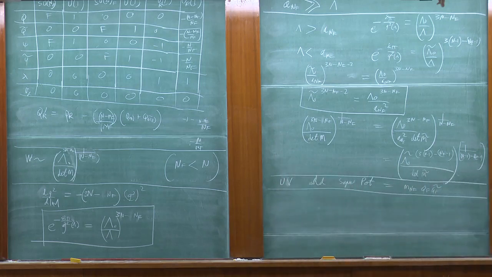We're going to pretend that M_nf is the expectation value of a chiral superfield, some very massive chiral superfield that has some very strong potential, so it's fixed at constant. We're going to pretend that so that we can conclude that whatever the modification is, it's going to preserve all symmetries